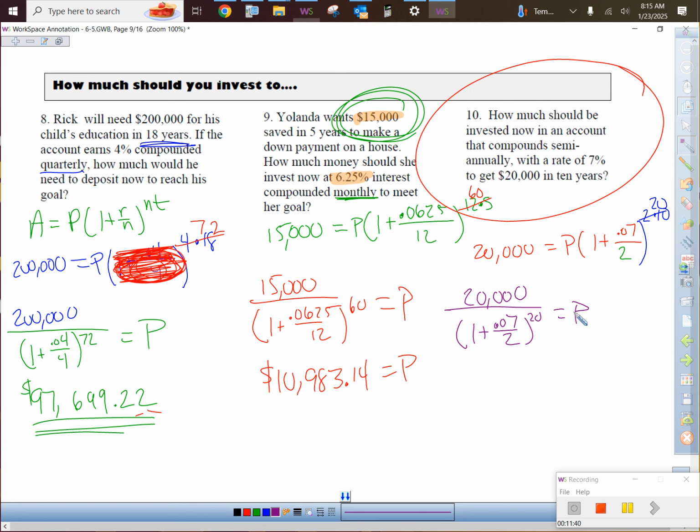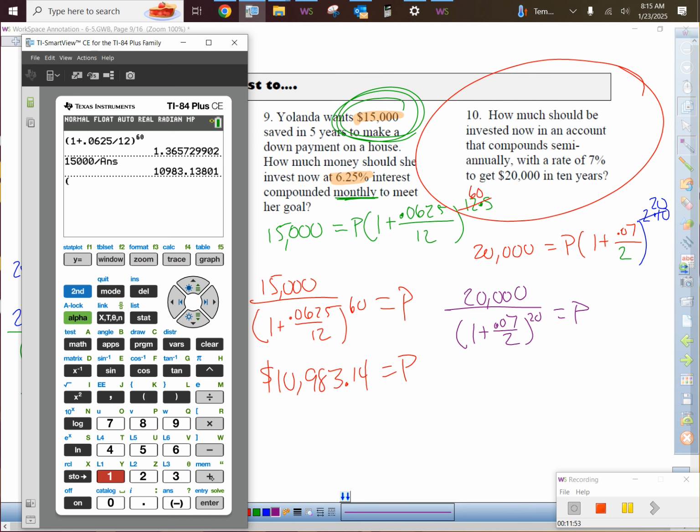But the above step, if you did this 10 times in a row, you'd be like, you know what? It's always going to be the starting amount divided by that big old parenthesis thing. That's part of just doing things over and over and over again. You just got to know then how to punch it in. So 1 plus 0.07 divided by 2 raised to the 20th, bada boom, and then 20 grand